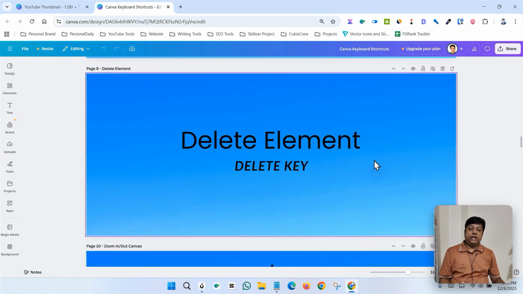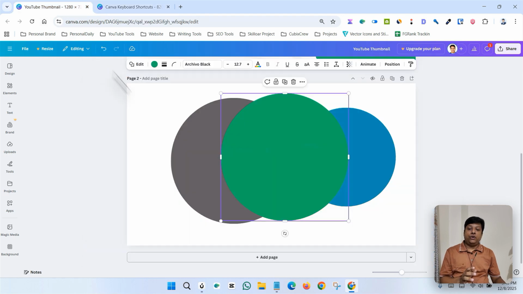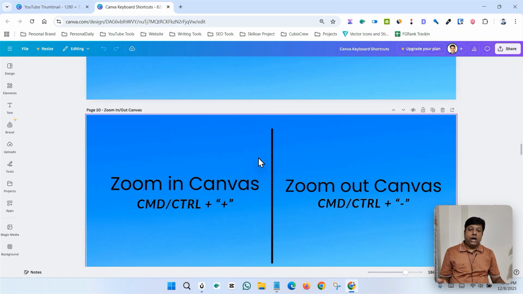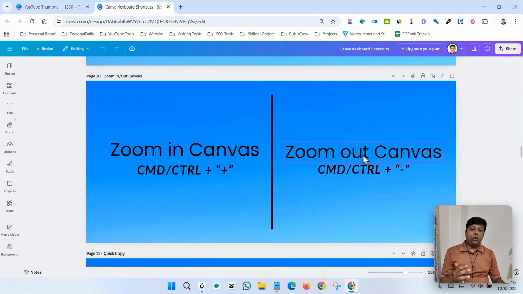And now let's see how we can delete elements. So first select your element and just press delete. It will be deleted. And let's say I want to zoom in my canvas and I want to zoom out